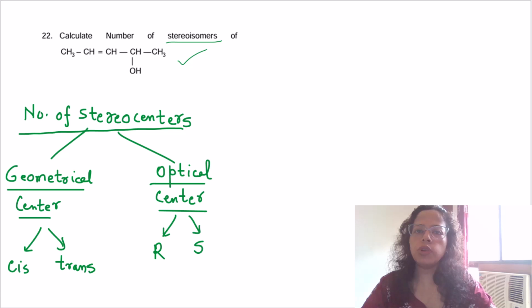The geometrical center will give rise to cis-trans isomers and the optical center will give rise to enantiomers, which could